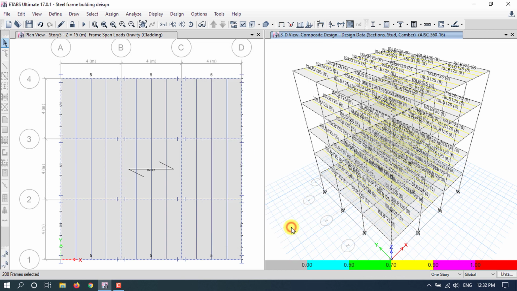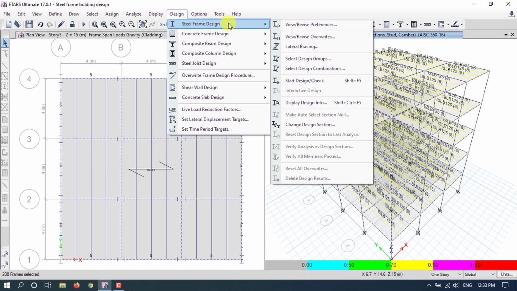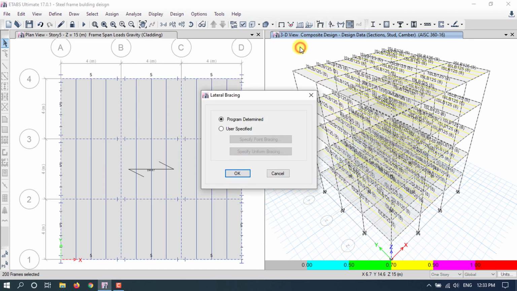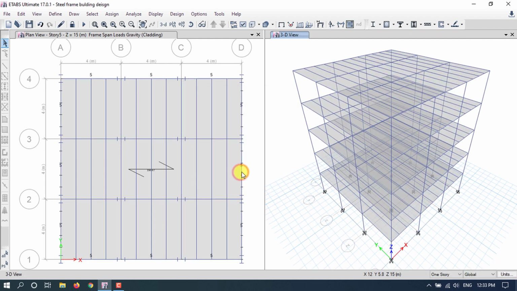Okay, then close it now. Then go to design and go to steel frame design and go to lateral bracing. Here I am choosing the program determined lateral bracing, or you may choose user specified bracing, and click on OK.